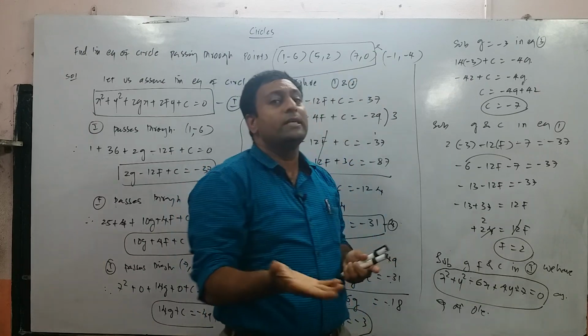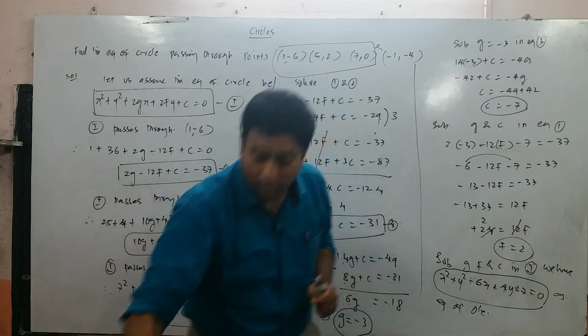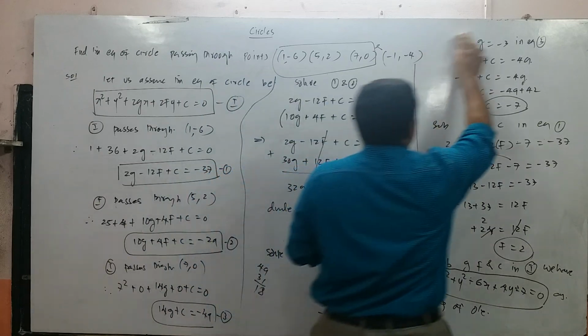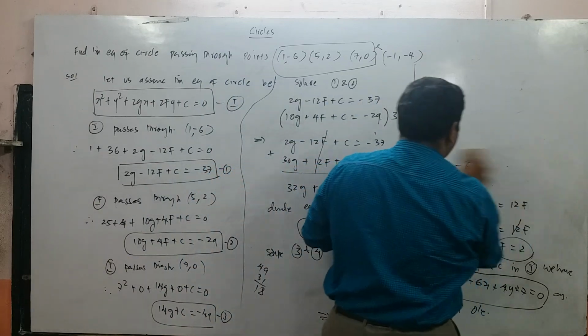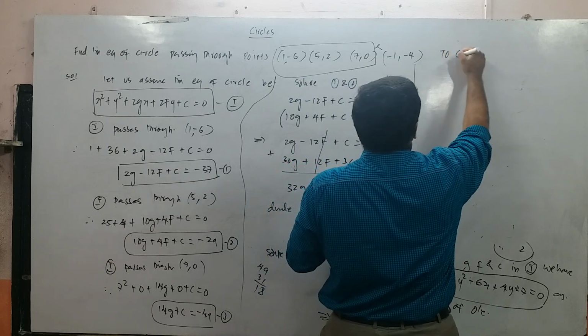The fourth point should satisfy. Now let us check whether this particular point is concyclic or not. Just have a moment. Let me check. I am sure you have copied. Let me check whether that is concyclic or not. What will I do? I will write a side note to check